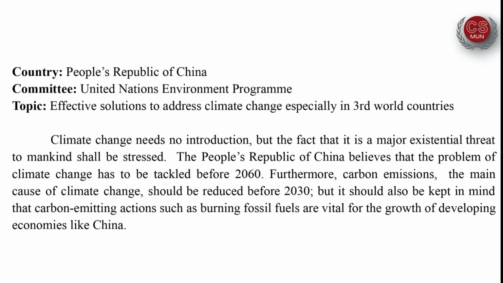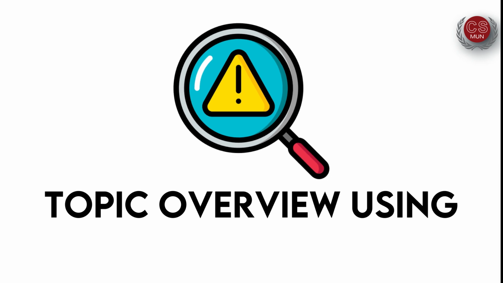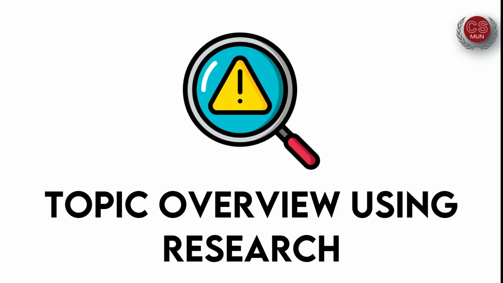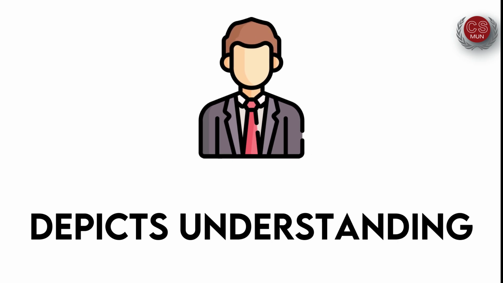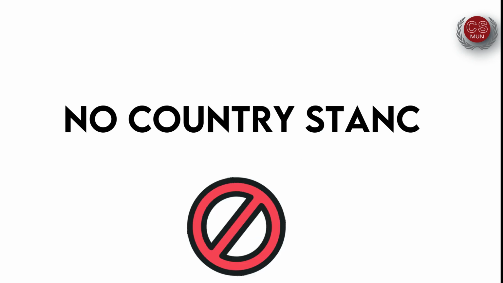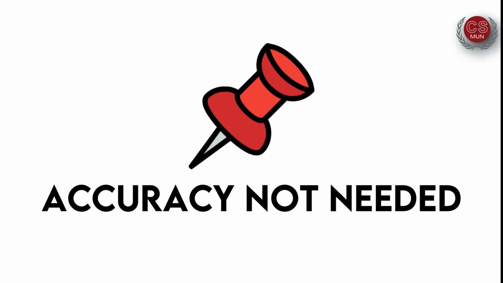Succeeding the header is the introduction. It provides a general overview of the issue by summarizing your topic research. This part of your position paper tells the chair about your understanding of the issue and also about your country, not its stance though. As the introduction is not the most important section, you don't need to explain the topic